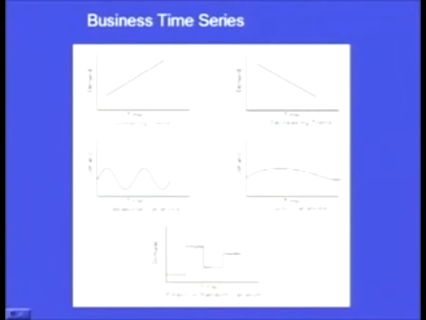Similarly, we can have seasonal variations also, where on the y axis the demand is there and on the x axis the time is there. So, there is a seasonal variation like this on your screen. Similarly, we can have cyclic variations with demand varying with time, and we can have erratic demand in which the erratic or random variation of demand with time takes place.